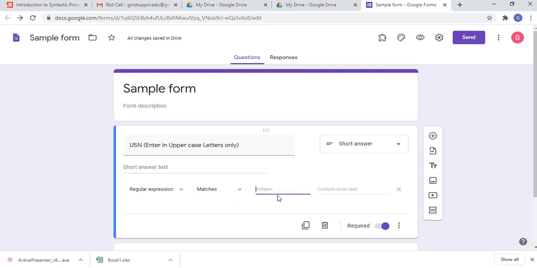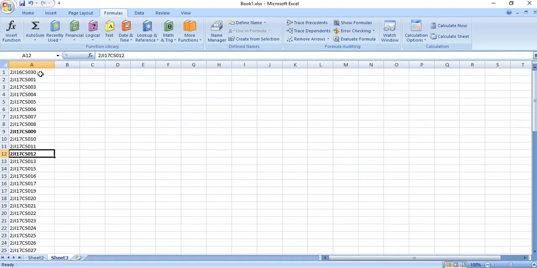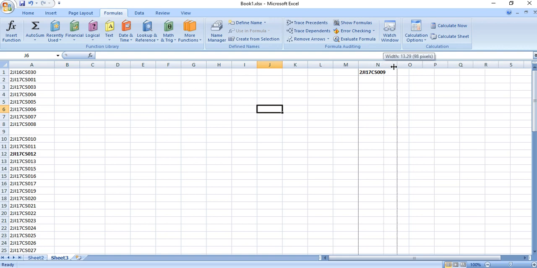To get the pattern, again we will go back to the Excel sheet. So we have all the students here, and among those we have identified some of them will not have access to the test. So I will remove this and keep it aside, so that I can use it for testing the form, whether it is working properly or not.